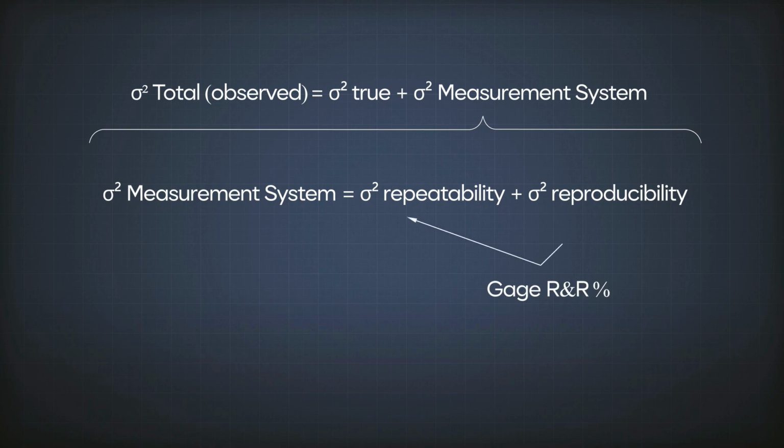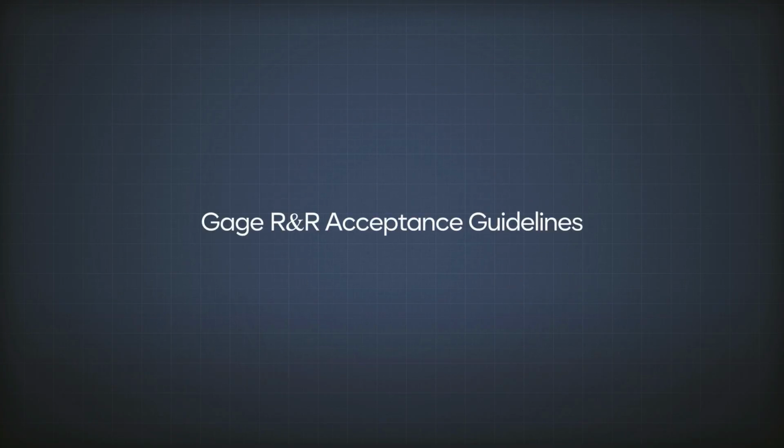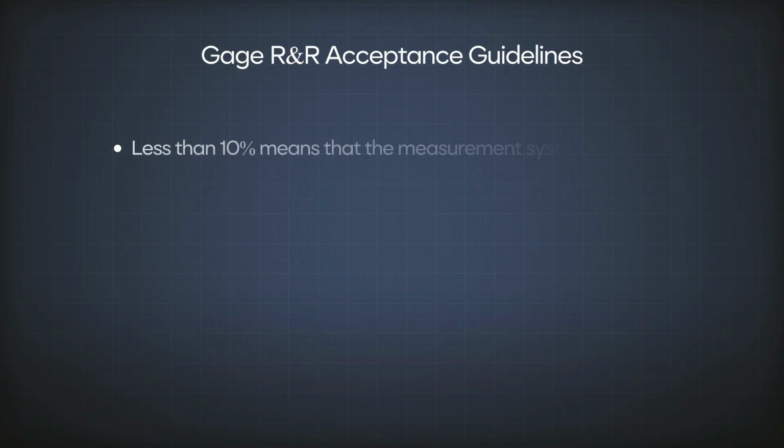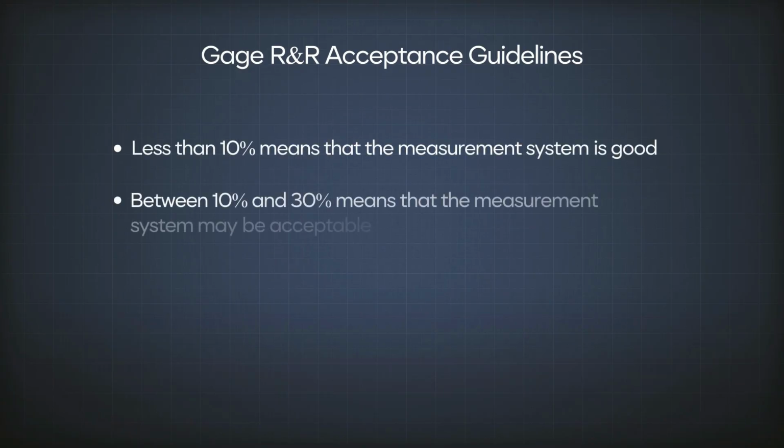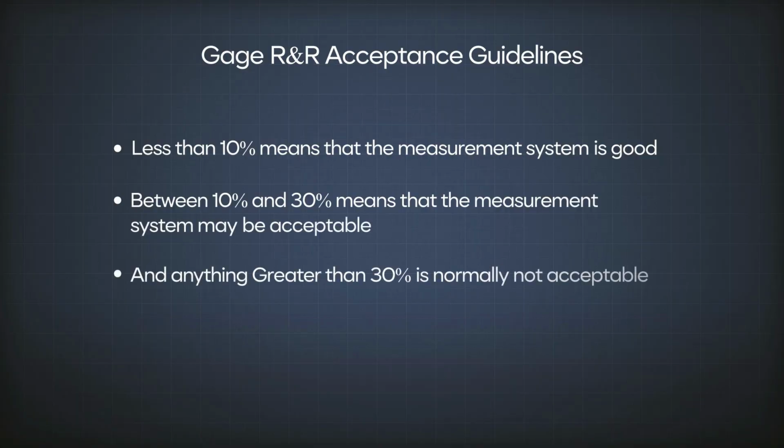This percentage tells us how much of what we see in the data comes from the measurement system. Lower is better. Here's the standard guideline. Less than 10% means that the measurement system is good. Between 10% and 30% means that the measurement system may be acceptable. And anything greater than 30% is normally not acceptable, because if Gauge R&R is too high, capability studies and SPC